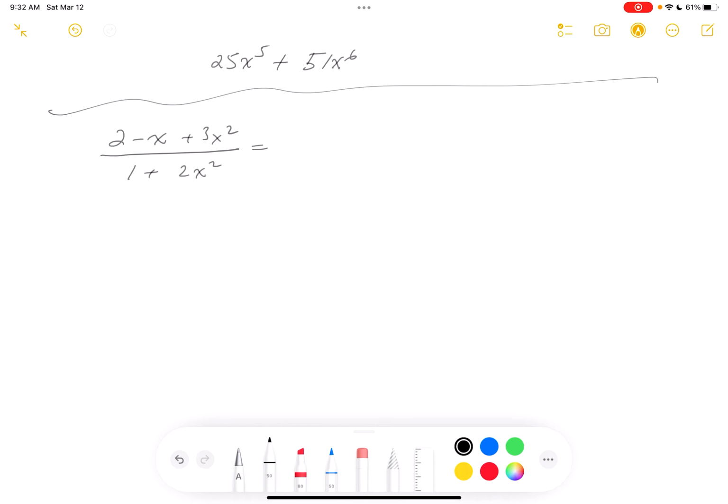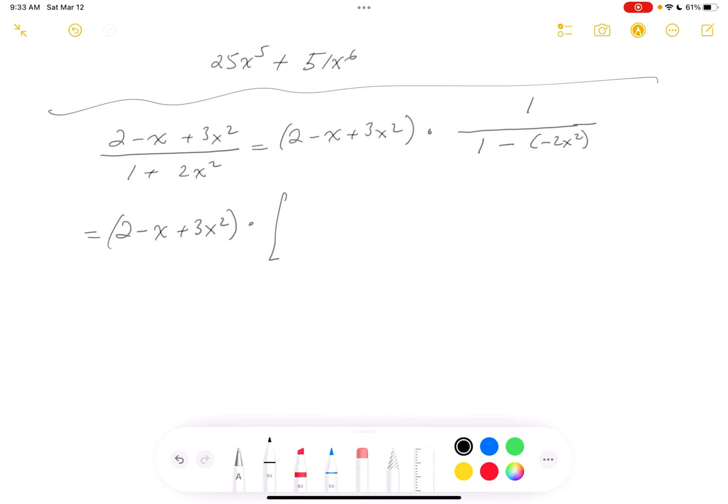Well, I'm going to write this a little differently. I'm going to write it as 2 minus x plus 3x squared times 1 over 1 minus a minus 2x squared. Now, why would I do that? I recognize the pattern that we've been doing for a while now. Let's write this down. So it's going to be 2 minus x plus 3x squared